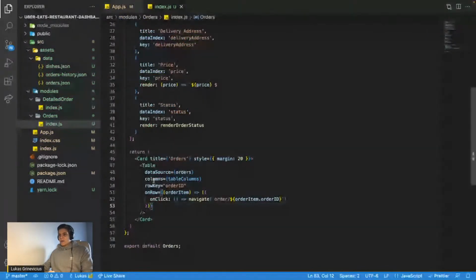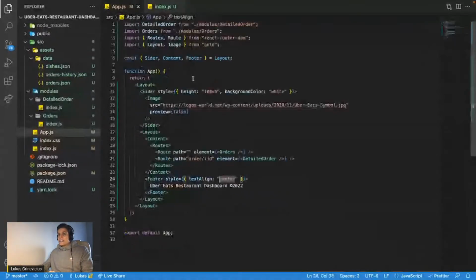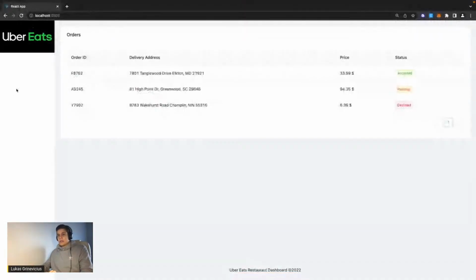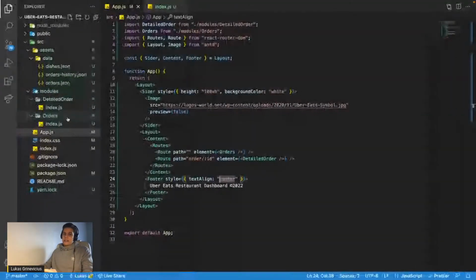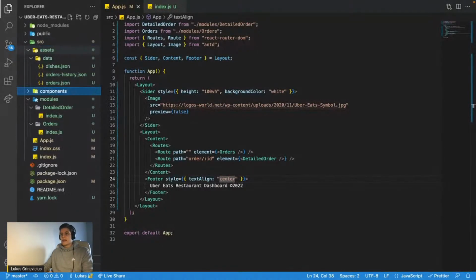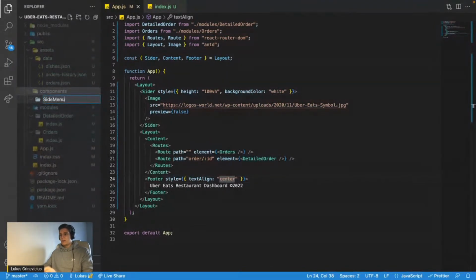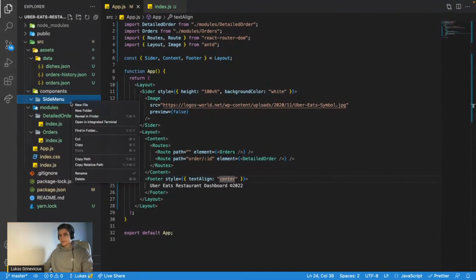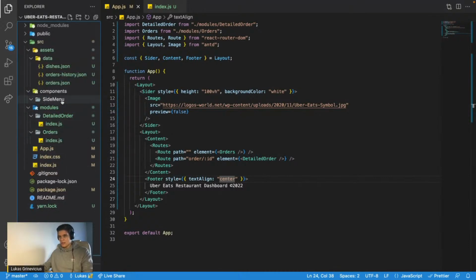Okay, so I have this, but now I need a menu in here. I need to be able to click on something and navigate. So for that, let me think. Probably let's create in source another folder called components. And in here, create another folder called side menu to make it a little bit cleaner. And in here,